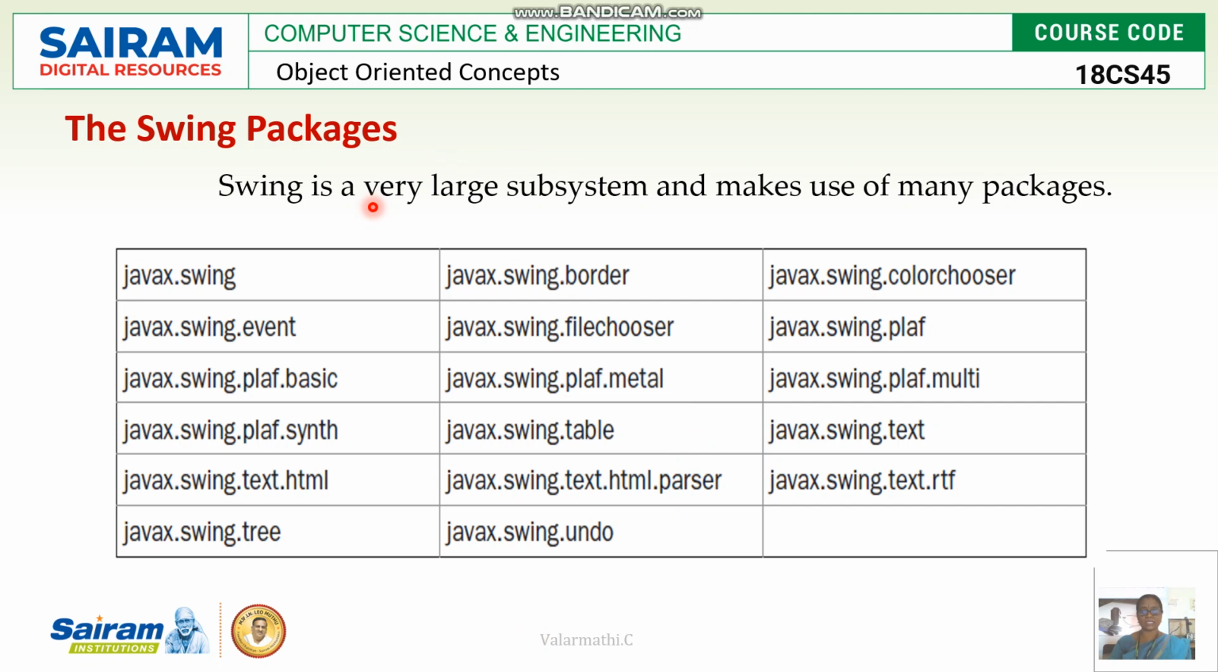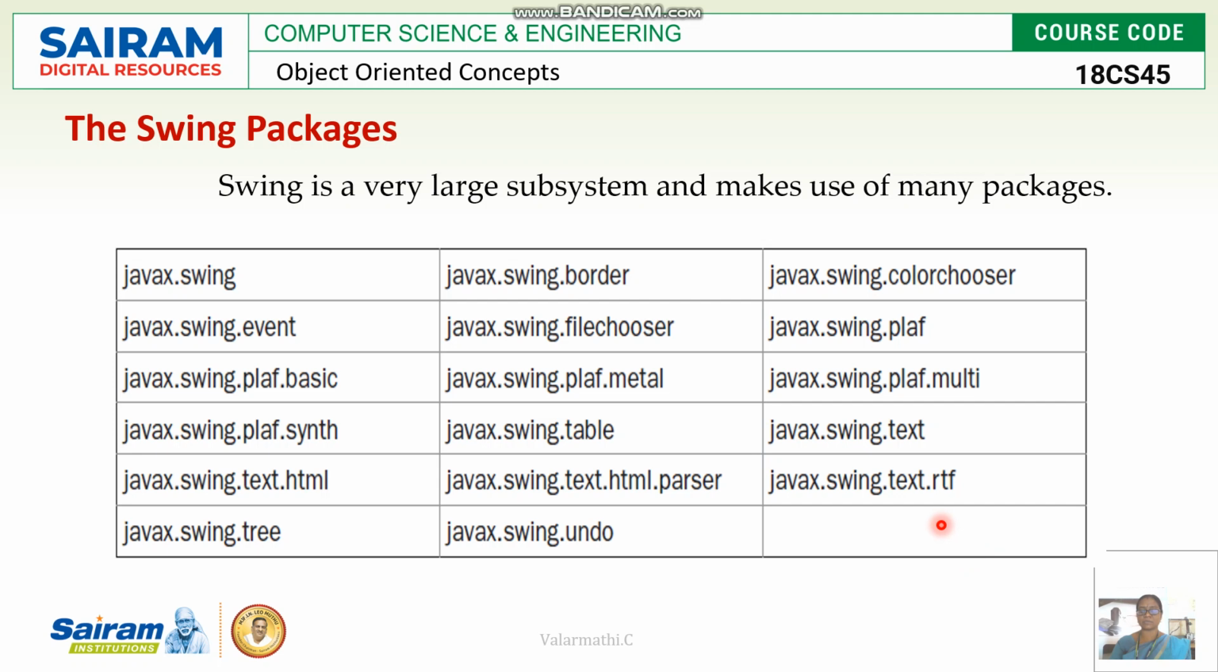Java Swing is a very large subsystem and makes use of many Java packages. So what are those? First and foremost, it starts from Java Swing. Then for event handling we need java.awt.event, and for the pluggable look and feel basics we need plaf.basic, and for synchronization, HTML approach, tree control, border control, file chooser, metal mechanisms, table, HTML parser, undo options, color chooser, again pluggable look and feel options, then multi-threading, text features, and an RTF feature is also provided in